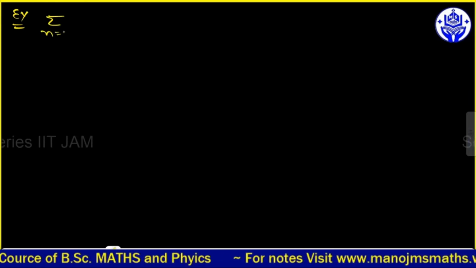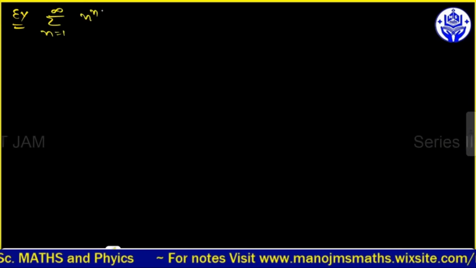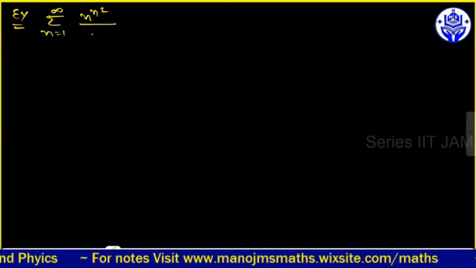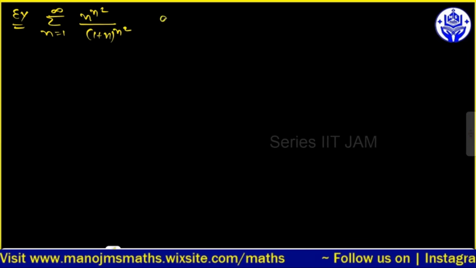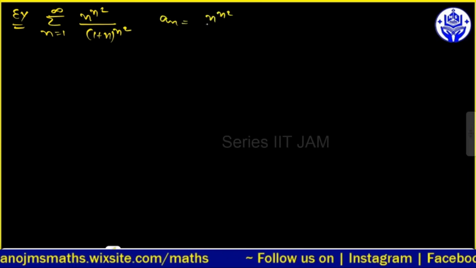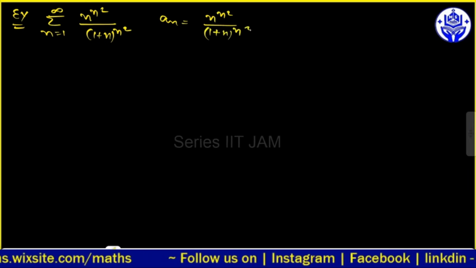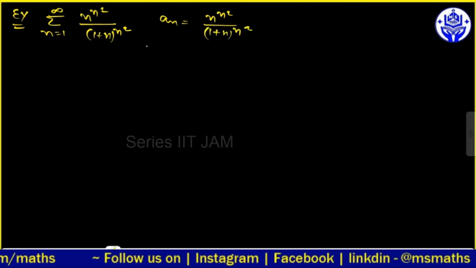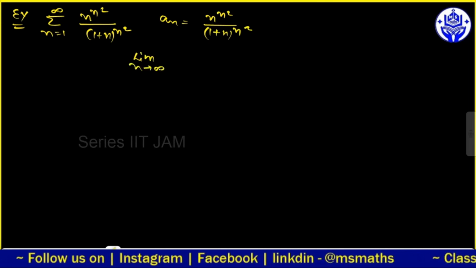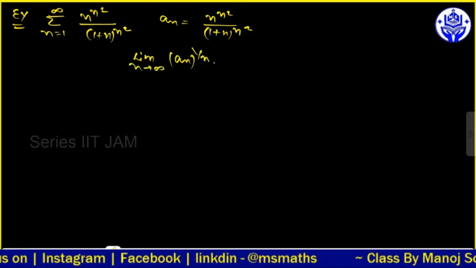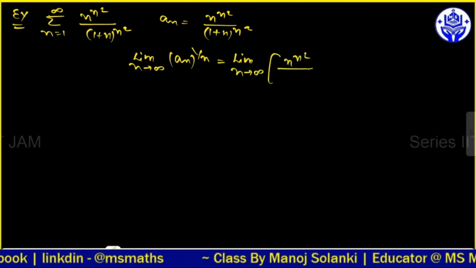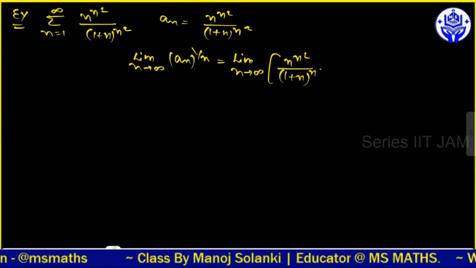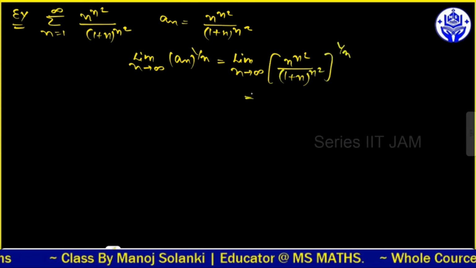फॉर एग्जाम्पल हम एक और यहाँ पे एग्जाम्पल की बात कर लेते हैं। सिमिलरली अगर आपके पास में summation n=1 to infinity (n^(n²))/((1+n)^(n²)), अगर आपके पास में कोई सीरीज है तो यार इसका a_n जो होगा वो क्या हो जाएगा, n^(n²)/(1+n)^(n²) इसका a_n हो जाएगा। अब क्या करना है यहाँ पे, इसमें आपको लिमिट n टेंड्स टू इनफाइनाइट करना है, a_n पावर 1/n करना है, मतलब ये क्या हो जाएगा, लिमिट n टेंड्स टू इनफाइनाइट (n^(n²)/(1+n)^(n²))^(1/n) हो जाएगा।